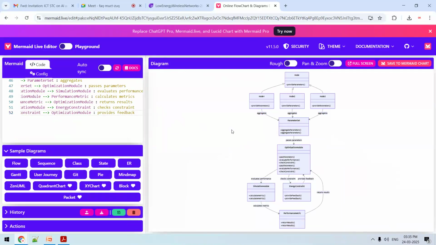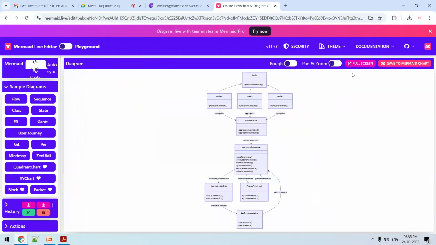Now refresh, and you can see that on the right-hand side this diagram is available. On click of full screen,